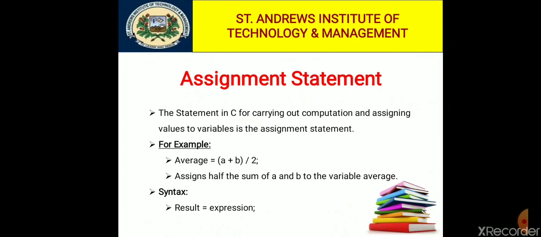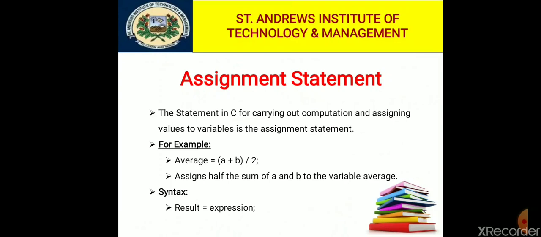The next one is assignment statement. So what is assignment statement? Here we discuss it. The statement in C for carrying out computation and assigning value to variables is the assignment statement.